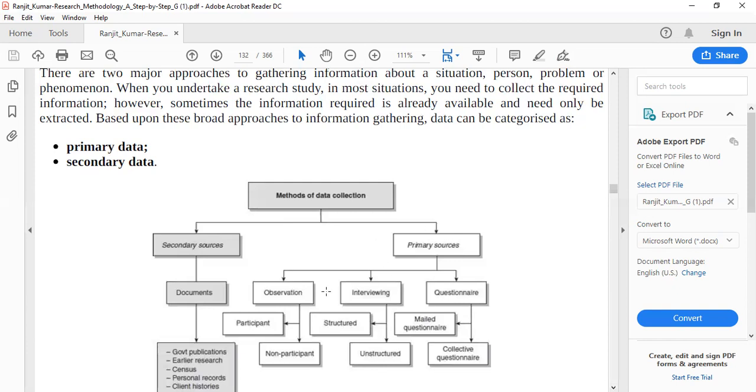Primary data can be obtained through observation, through interviewing, and through questionnaires. During interviewing you can have observation as well, so you can do both at the same time, or you can exclude interviewing and only go for observation of the participants. There are participants where you feel that observation can be done but interviewing is impossible, for example, you want to observe